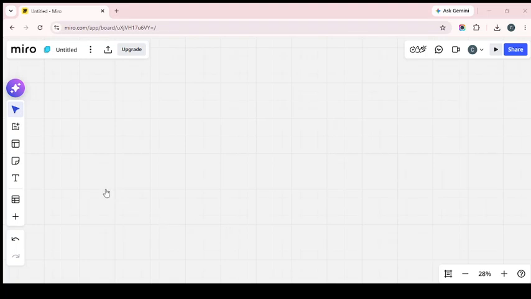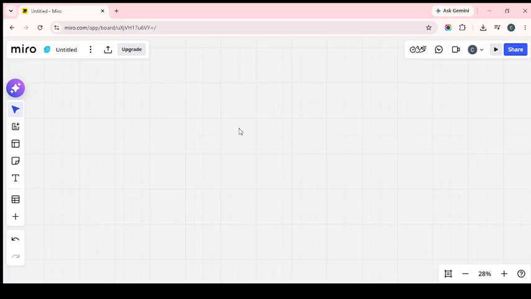In today's video, I'm going to teach you how to quickly build a workflow board in Miro using templates, bulk sticky notes, and fast duplication shortcuts. We'll keep this simple and practical so you can follow along in real time. The goal is to speed up your setup process and help you go from a blank board to a structured